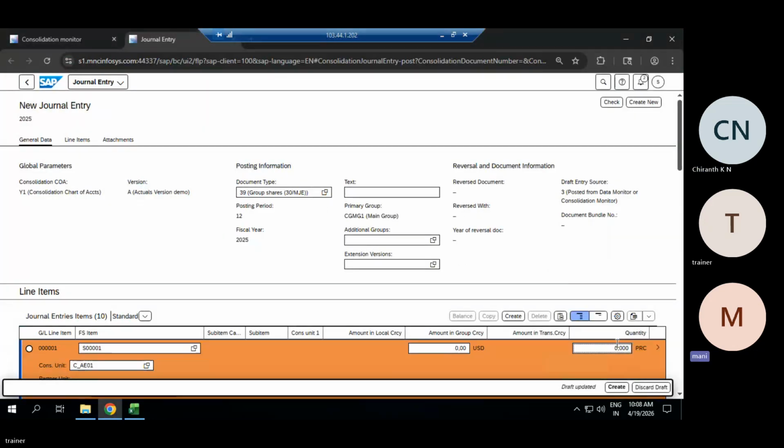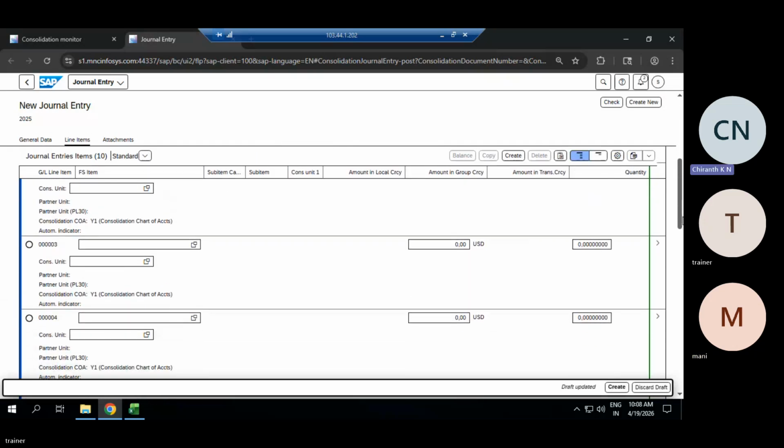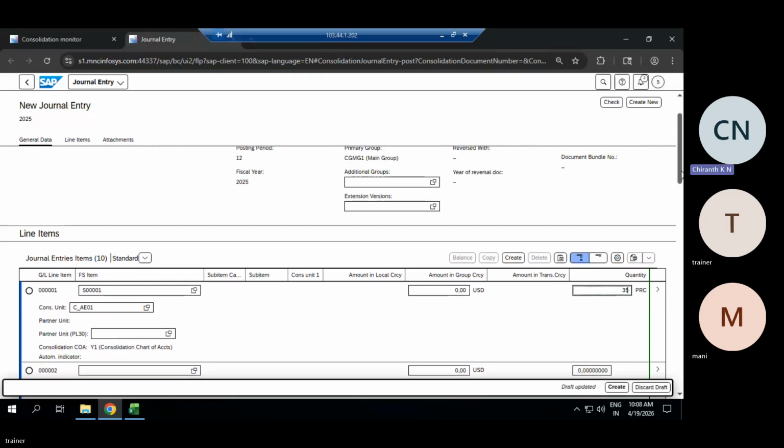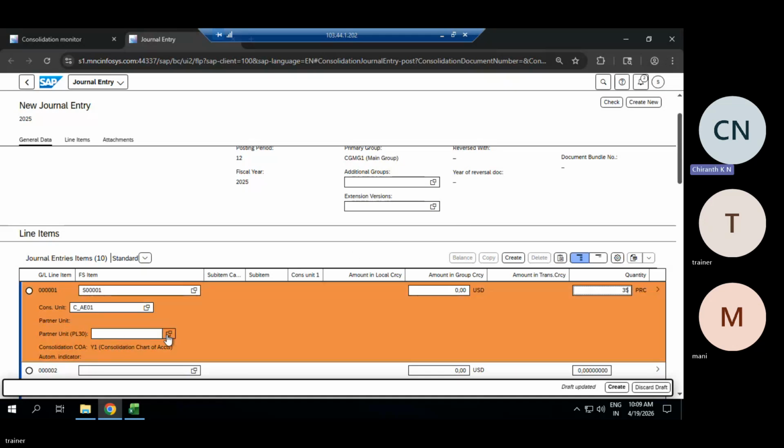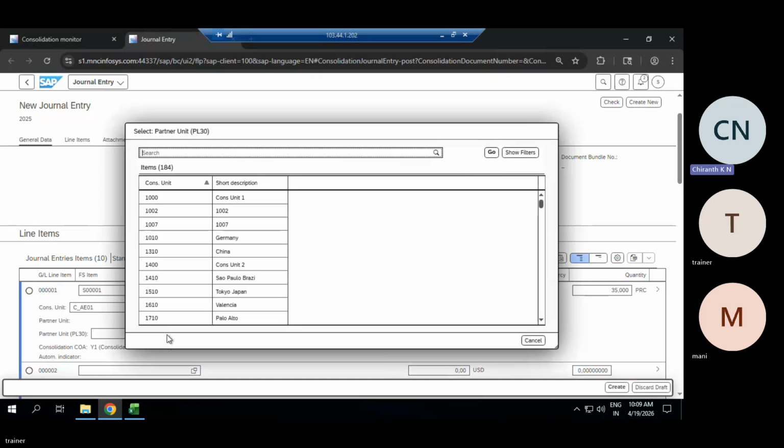I already entered this in the last run, so we should not enter again. But it is showing PRC, right? Percentage only it is showing. PRC, what is it, next to 35? Just ignore this, it is not relevant.